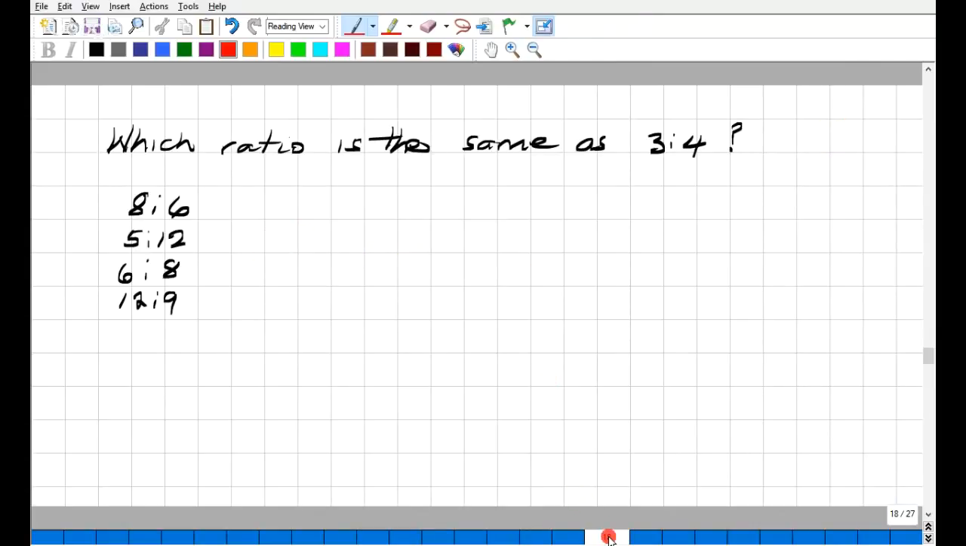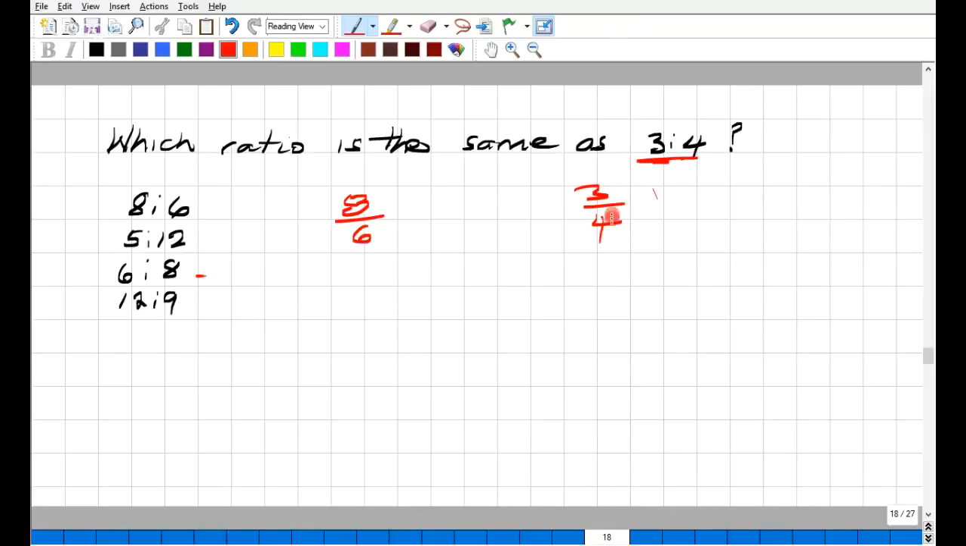Okay, let's see. Which ratio is the same as 3 to 4? C. 12 to 9? No, 6 to 8? C. Okay, 6 to 8, yes, sir. I would put 8 over 6. I'd take my ratios and turn them into fractions and reduce to see if I could get this ratio, which is actually 3 to 4,